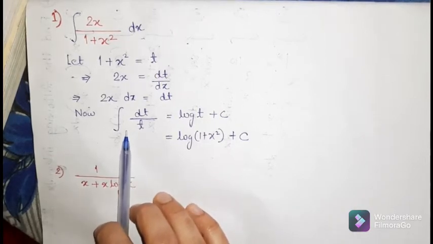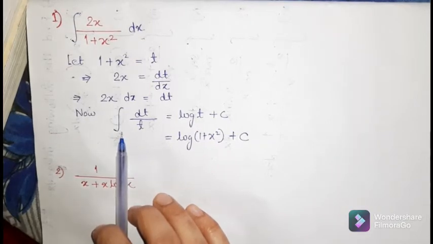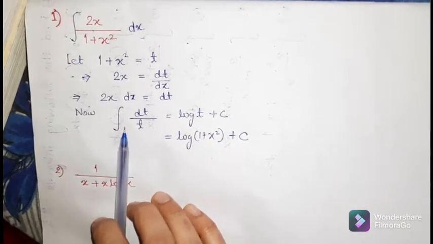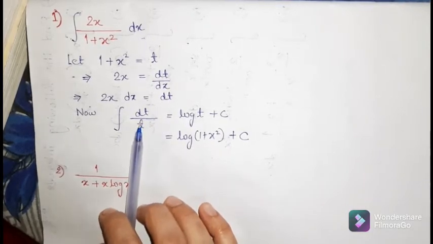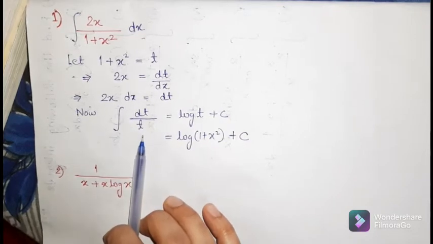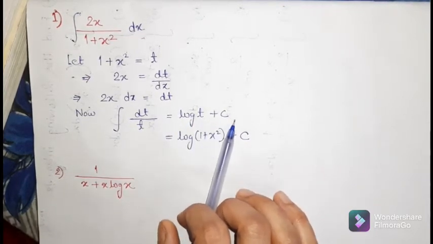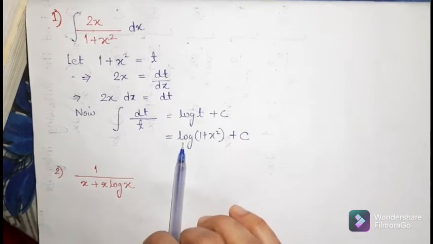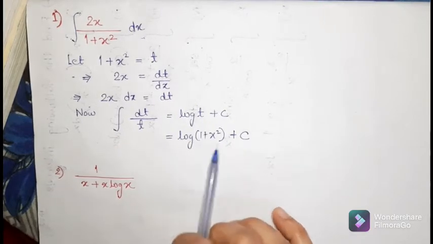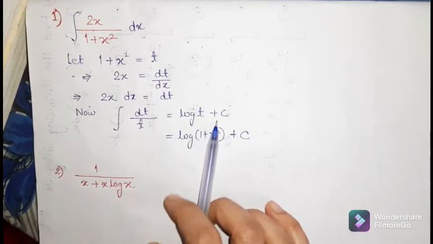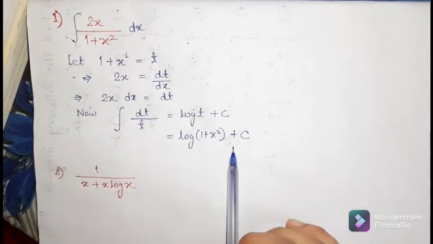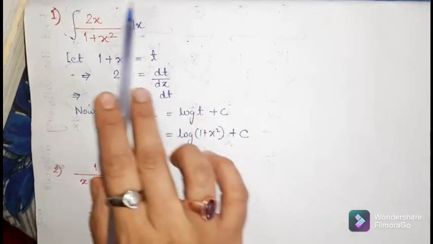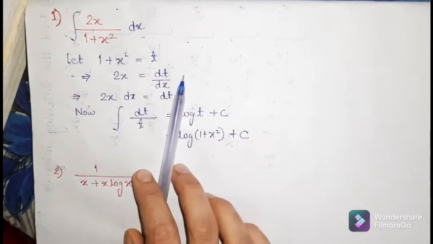And I have given you the standard formulas for integration, where we get the integration of 1 by x is log x. So here in place of x you have the variable t. So the integration of dt by t is equal to log t plus constant of integration c. But at last, when you write the final answer, you have to convert the t in the form of x. Means whatever you have substituted, you have to change it back at last, right? So in this way we have to proceed with the substitution method.